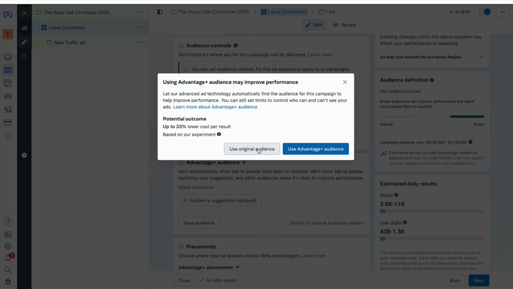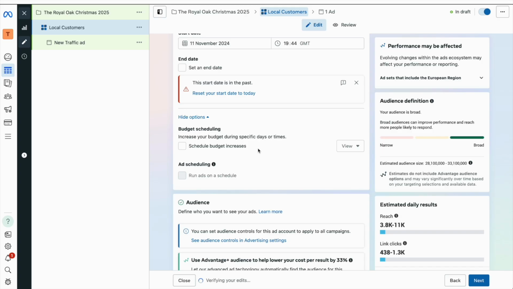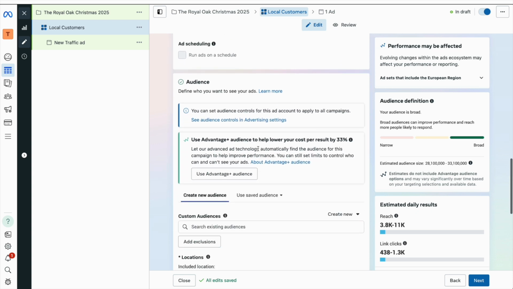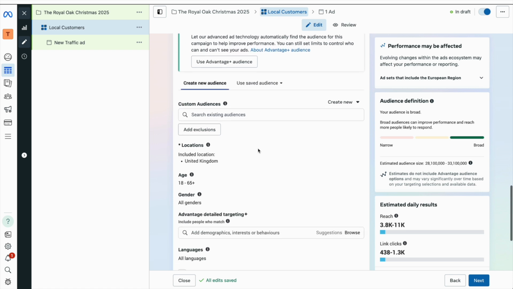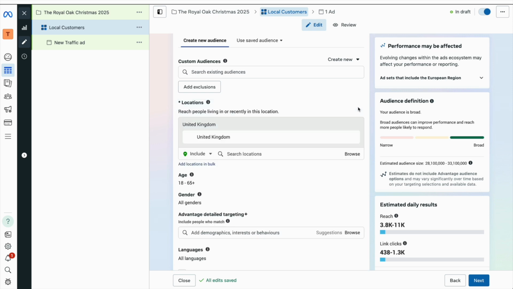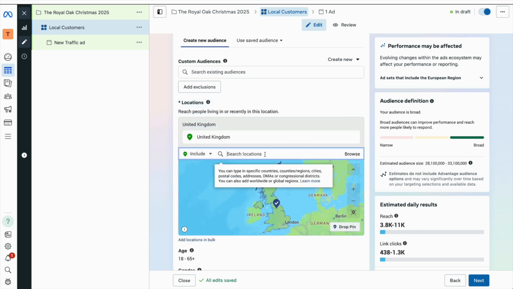This is where you have higher controls over who's going to see your ads, and you can start to select your own location, age, and gender that you see fit. Once you've done this, the next thing to do is start to build your ideal audience. So scrolling down underneath where it says audience, you'll be able to start to choose who it is you want to see the ads. So you start with location, where you can click edit, and here you can put in